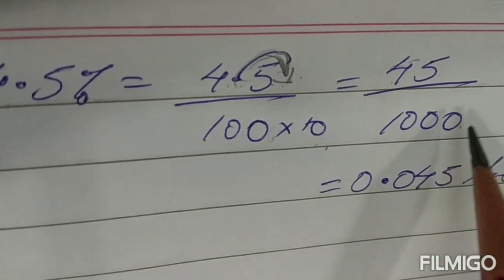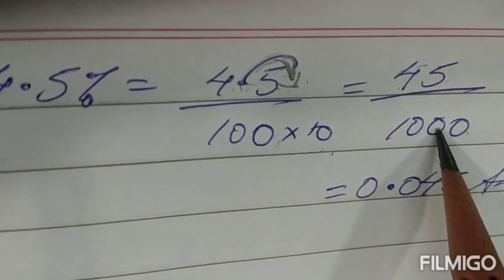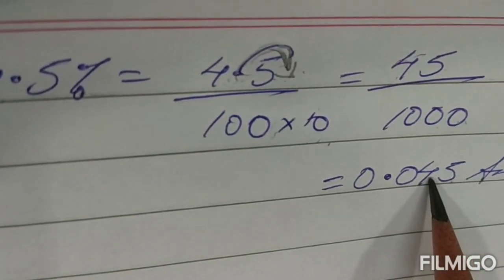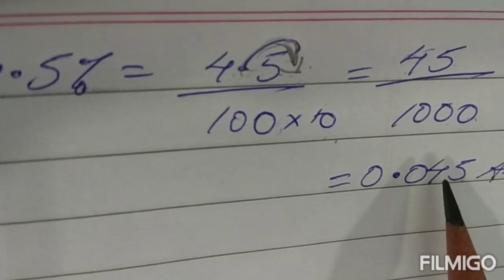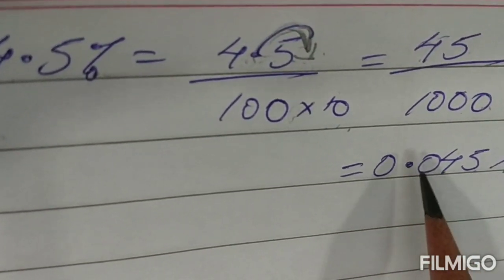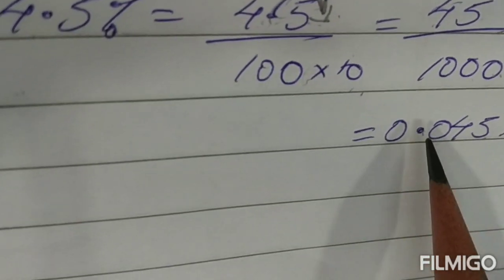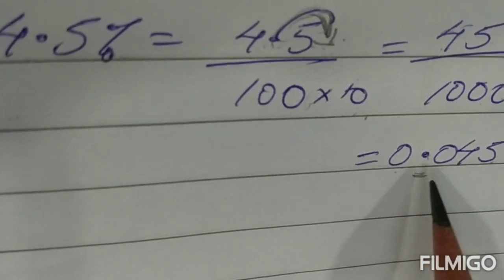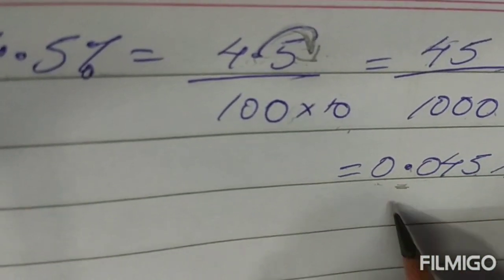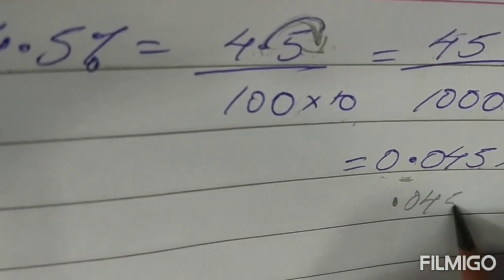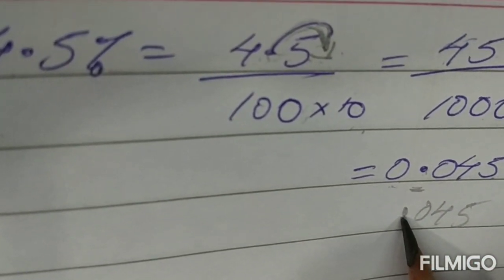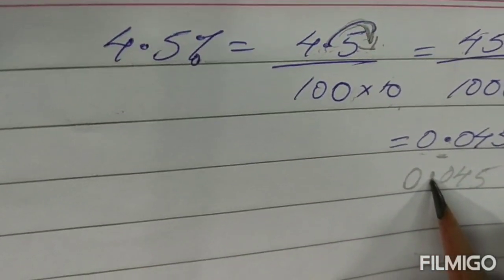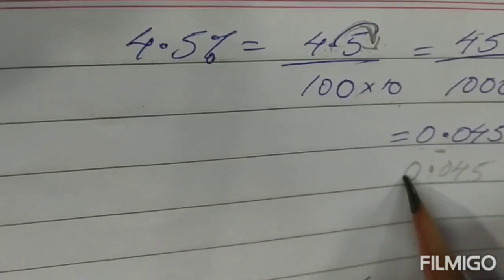Now again, to put the decimal, I will count how many zeros are there. 1, 2, 3. In the numerator, I will count places 1, 2. I don't have a third place, so what will I do? I will put a 0 before the number, and then I will place my decimal. A 0 is also written before a decimal, children. This is only to make this decimal point become a little more clear. Because if I put a decimal and I write 045, maybe at times this decimal is not very clear. But if I write a 0 before it, it becomes very, very clear. So that is why before a decimal we put a 0.